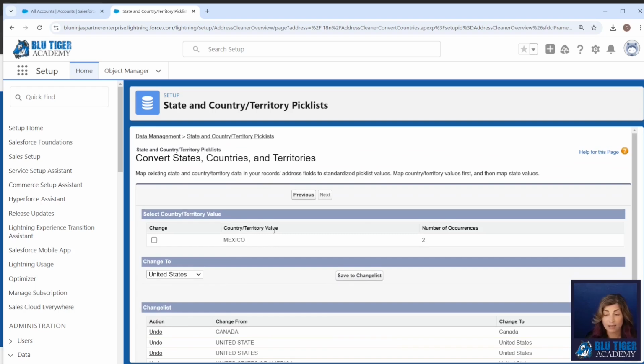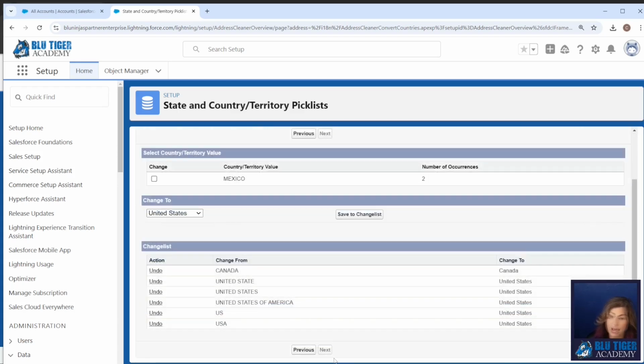Now you may have a ton of records up here. You may have just an absolute mess because you've been using these open text fields for state and country for years and years. And if you're running into that, I would probably recommend that you try to do a cleanup using Data Loader before coming in here because it'll be a little bit faster for you. That's up to you. You can gut through it in here.